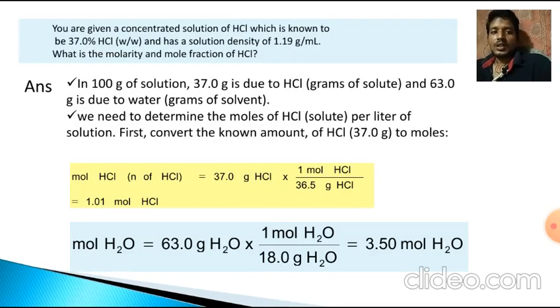Another example: calculate the molarity of a solution containing 190 gram of magnesium chloride in 5 liter of water. Here the mole number of magnesium chloride is equal to the mass of magnesium chloride taken by the molar mass, which is equal to 2 mole, and molarity is 2 by 5, which is equal to 0.4 molar. Here the volume of water has been taken as the volume of solution, as we have ignored the 190 gram of magnesium chloride that has been added to the solution.